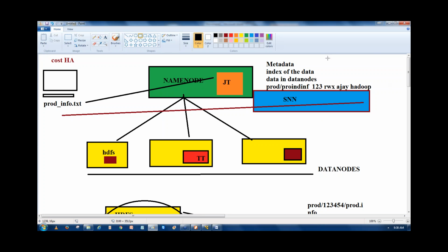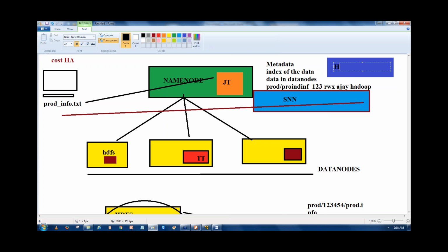To make this cluster highly available, I am taking one more node, which I'm calling a high availability node, or HA node. The node I'm taking is a backup of the name node. Let me complete. We call it an HA node, high availability node, or some people call it a shared node, or a journal node, or a quorum node. Whatever it may be, it's an extra node. So what I'm going to do now,